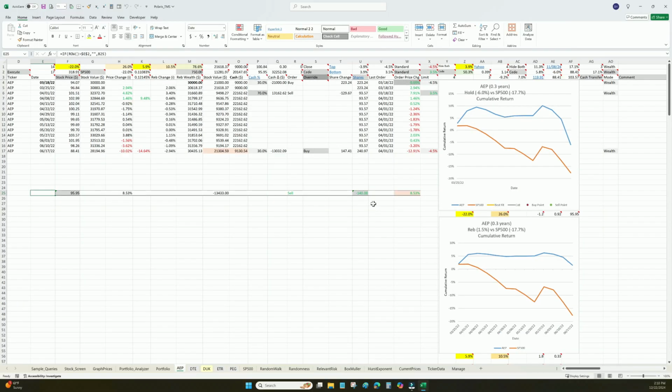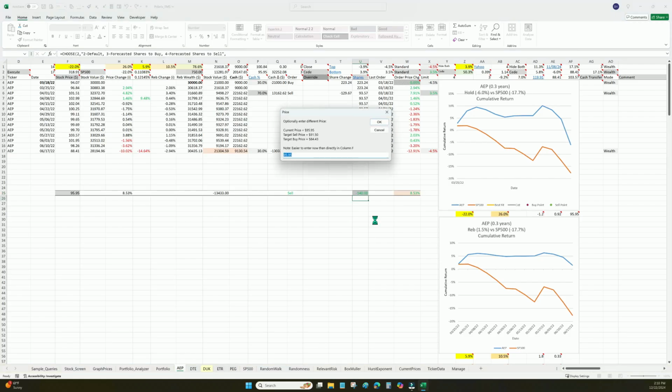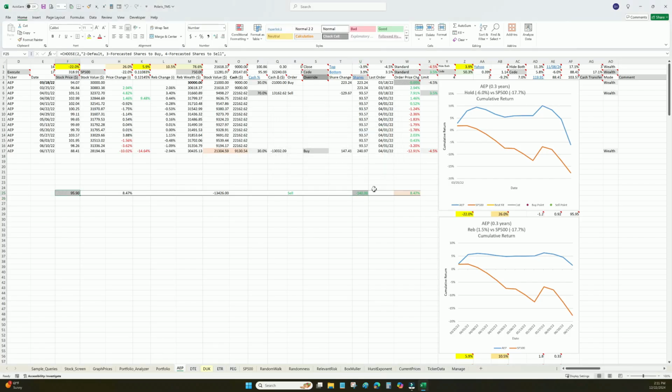Now assume it's Wednesday and you decided to go ahead and execute a sale order, so you explicitly enter the number of shares that have been sold. Then you get a pop-up to indicate the price that you sold at. Now notice it defaults to what the current market price is, but let's say you sold it for slightly less than that. Go ahead and enter the exact price. And then you can see the price in column F and the number of shares in column U have been